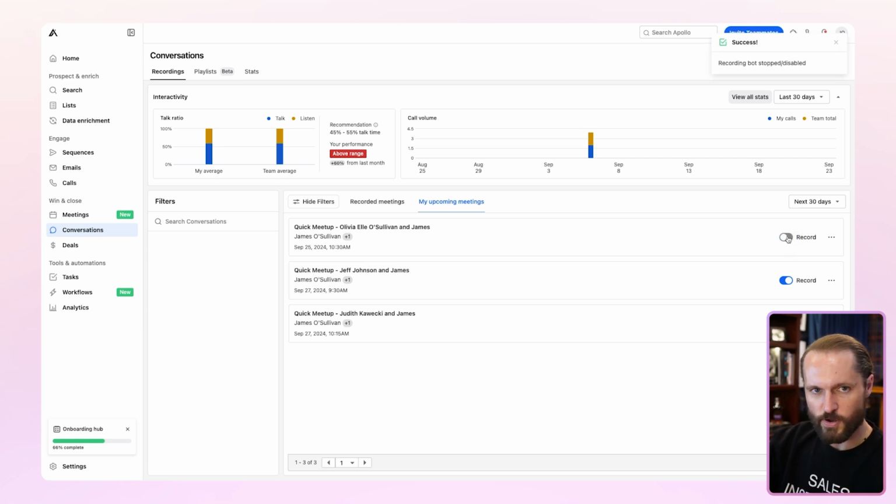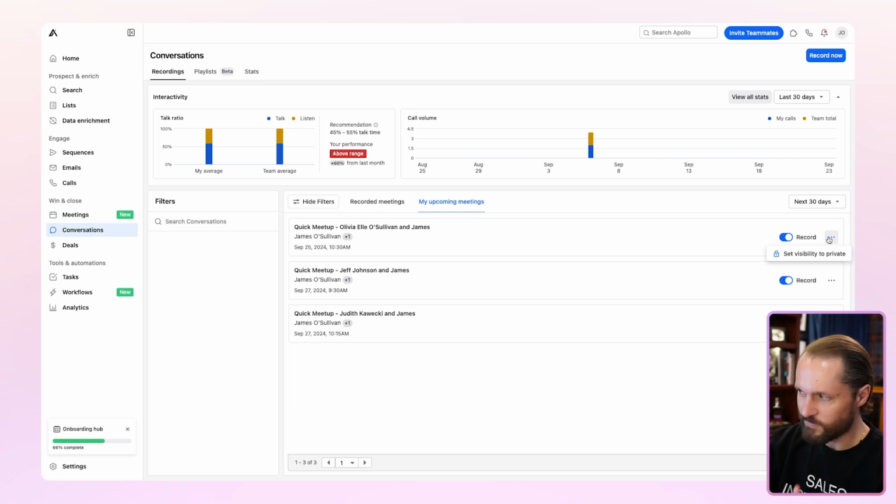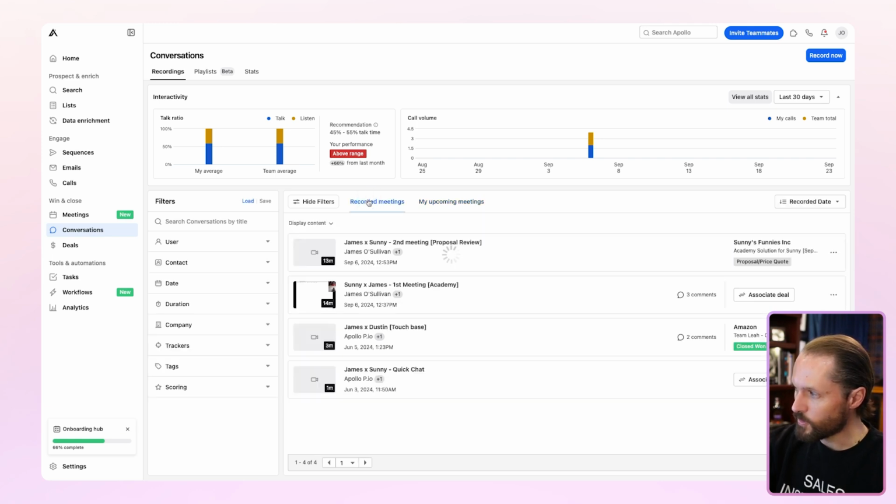Blue is on, gray is off. So if you want to change that for any meeting, you can just pop over here and toggle that. The three dots will give you an option to set visibility to private if you don't want other people to be able to see these meetings in their conversations as well. Your recorded meetings will live right here. You'll be able to click right into them